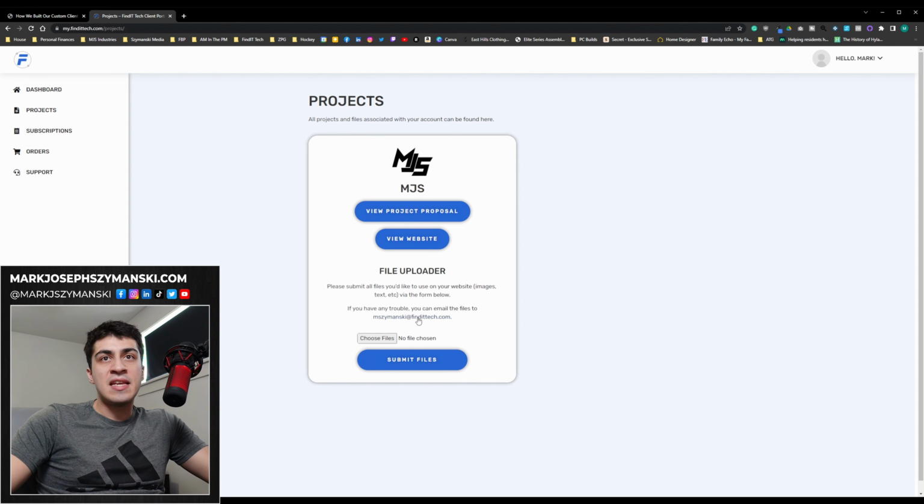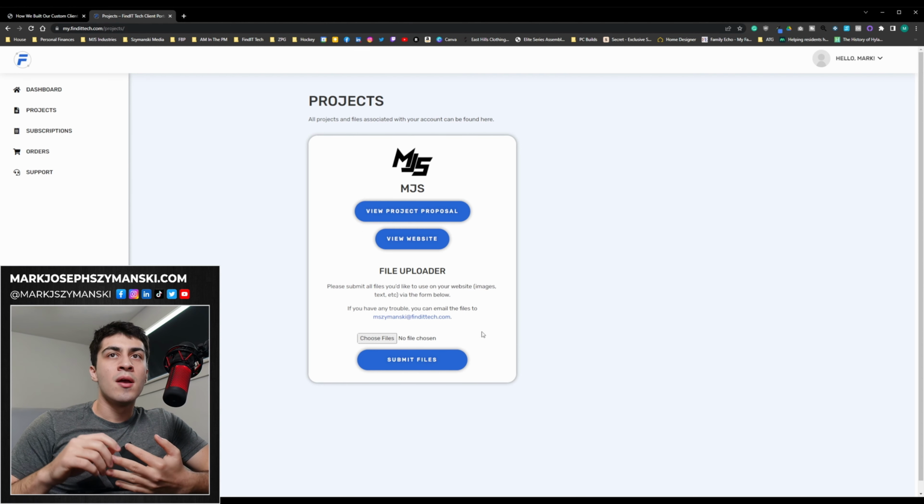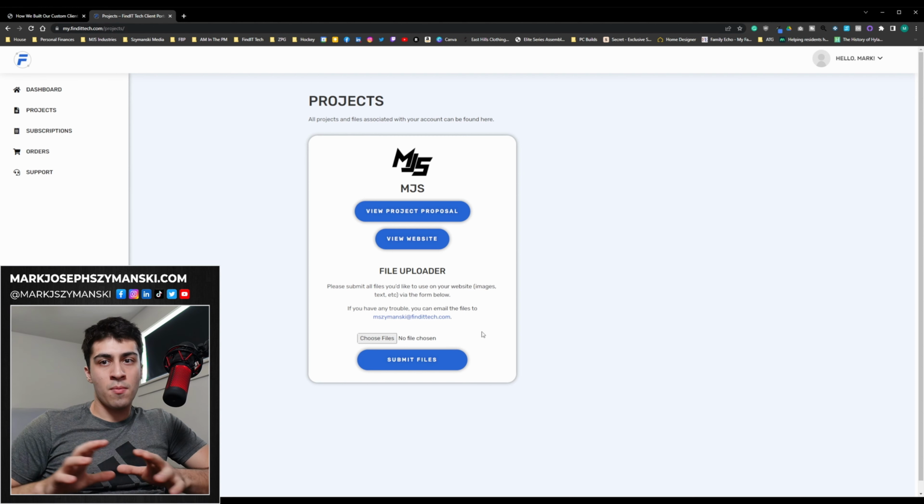So if they needed to upload pictures or text or anything like that, they could do that right through here. You could also use a Google Drive if you wanted to simplify that. But these are just ways to increase communication, make communication easier, make any sort of file transfer or modifications to anything easier. There's definitely a lot of good options out there. And if you're going to do that or you're going to build your own, make sure you have all that